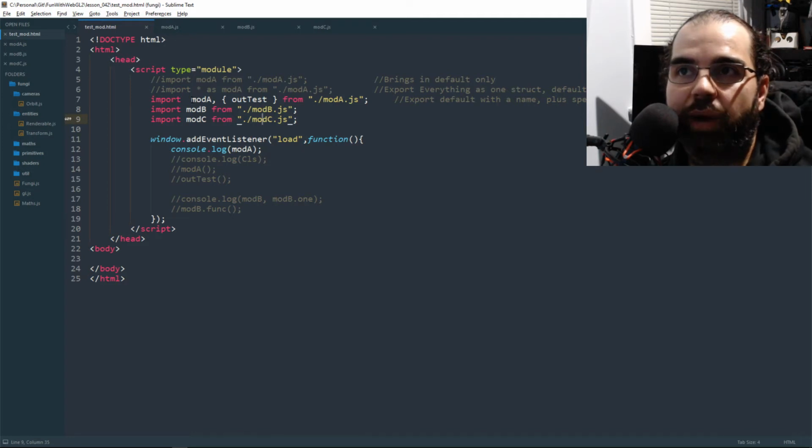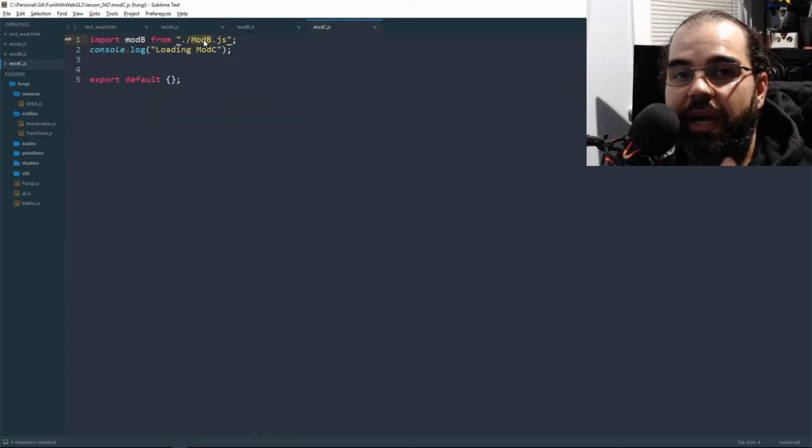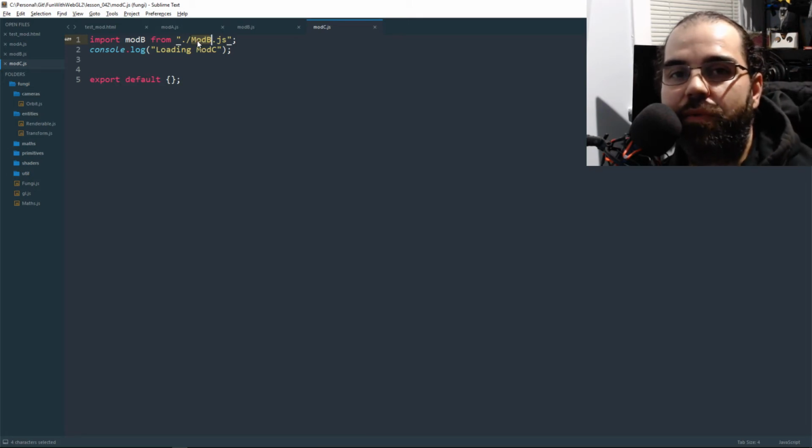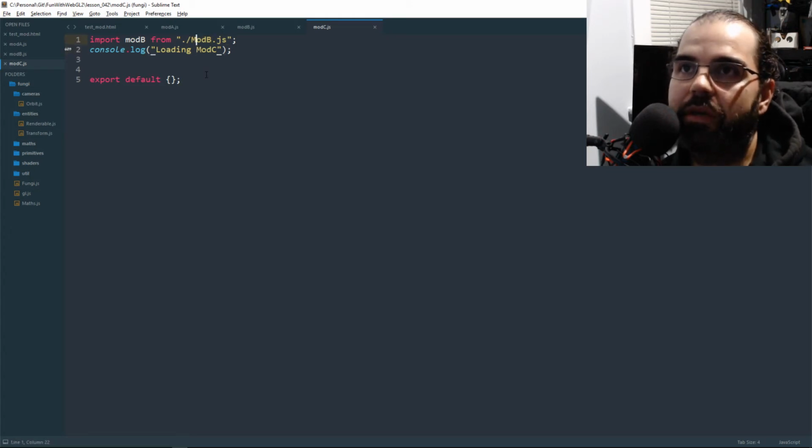So the browser, as an application that does not support case insensitivity, sees mod B and this mod B as two different files. It considers them different, even though they are technically the same file, and it is the exact same file that's being downloaded because I'm on a Windows server. If this was a Linux computer, it would say file not found because I don't have a file with a lowercase m. So if I make this a lowercase m,